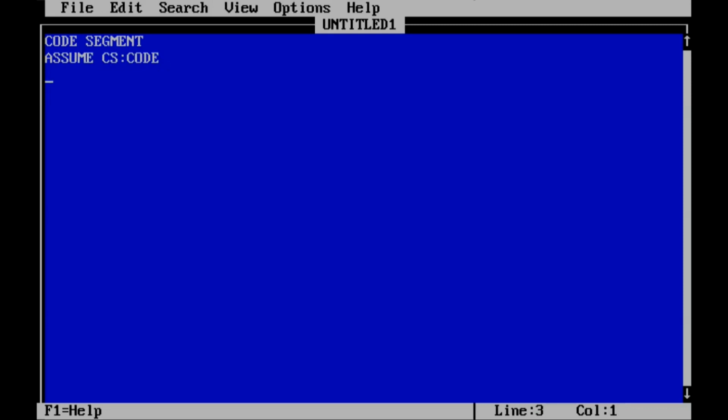Now here we will consider a simple program for 16-bit addition, in which we will take numbers from memory, add them, and once again place the result back to the memory. Getting? So let's start writing the program. First I will initialize a data segment. So I'm writing move ax comma 5000, then move ds comma ax, move si comma 1000. So that is my location, that is 5000 colon 1000, from where I will be storing the data.